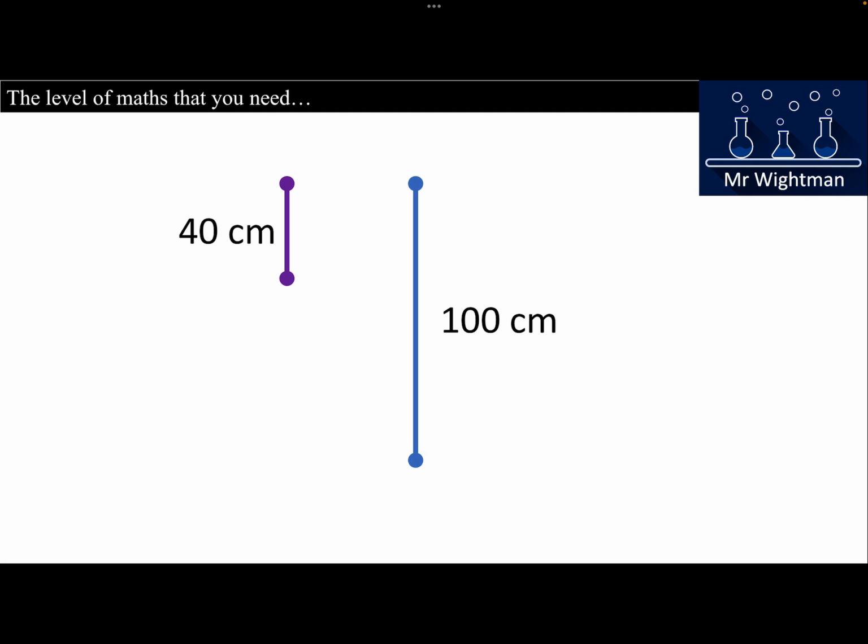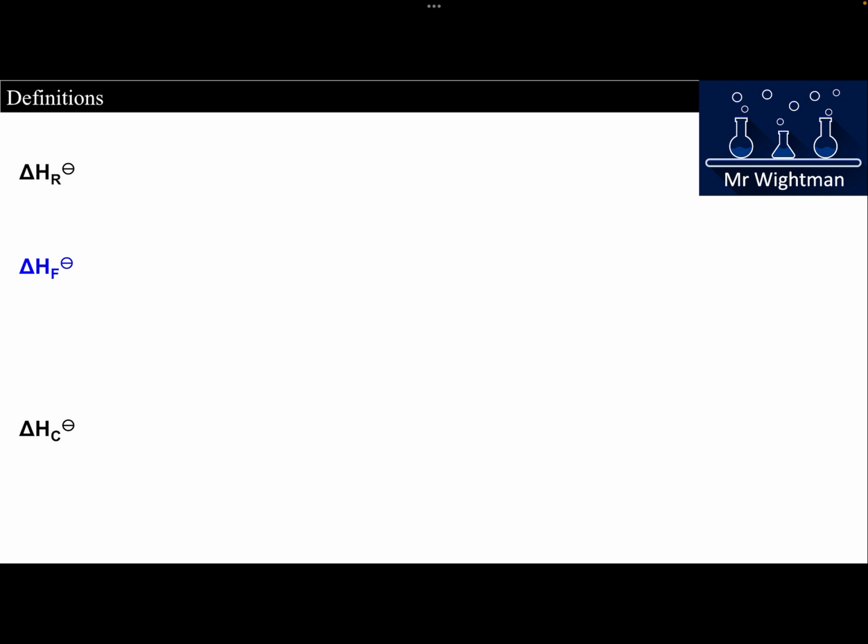The level of maths that you need, as described in the previous video, is essentially if you had a length of string, how long would that piece of string be? Because all we're trying to do is work out that unknown if we are presented with, say, a total distance or total measurement. In that case, this would be 60. This is all the level of maths that you actually need in these calculations, but what's actually important is understanding the definitions in relation to, say, delta H reaction, delta H formation, delta H combustion, and any other enthalpy changes that you will encounter, because the definitions are required to be able to write the equations that are needed to